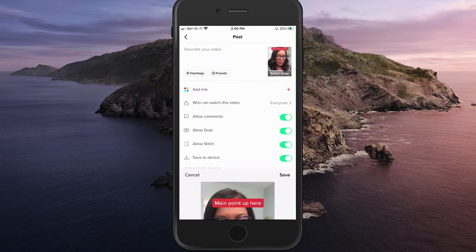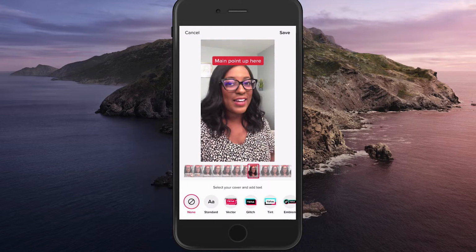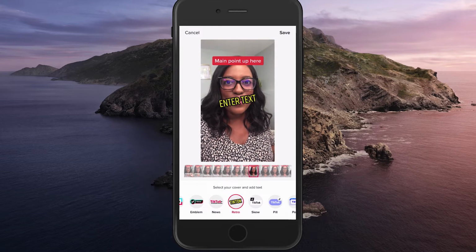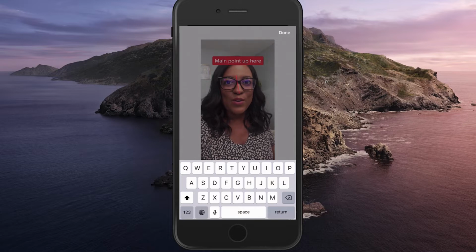The second way is similar. Let's say I don't have anything on the screen. Let's say it's farther down here. So I can choose a different point in the video, but then I'm going to add some text on top of the video. At the bottom here, you see you've got a few options for text. So let's say I'm going to pick this one. So I tapped that one. I'm going to enter text and put something about this video, like